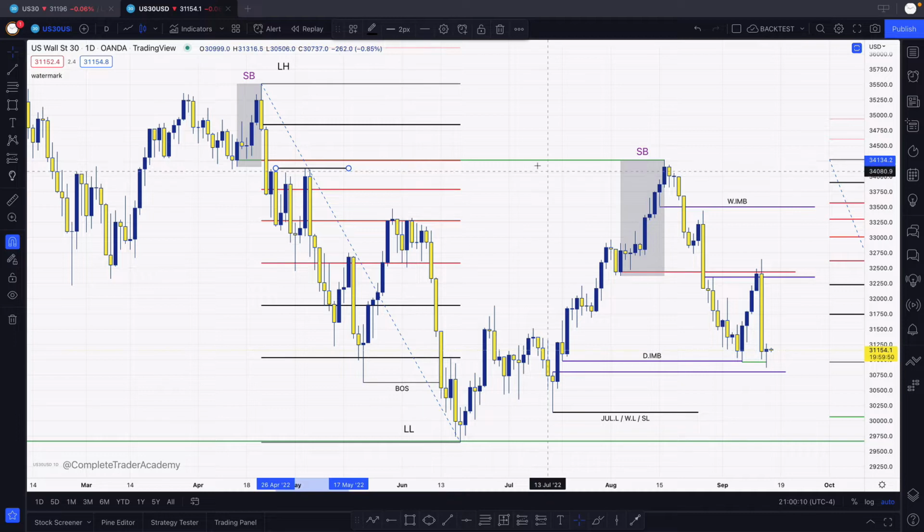So your confluences, you have buy liquidity up here, you have a 79 golden area, high probability entry area,